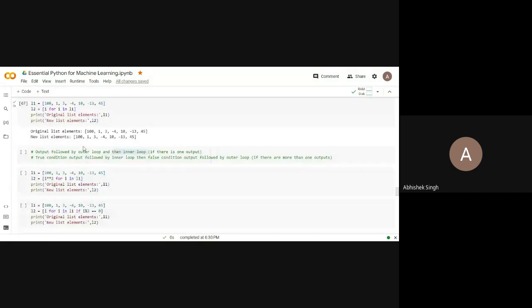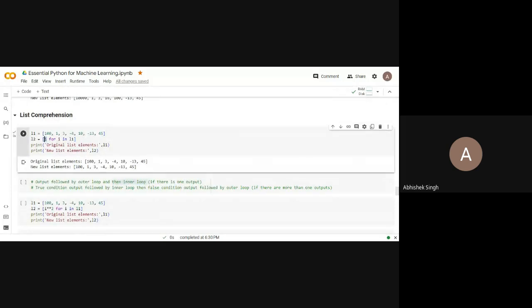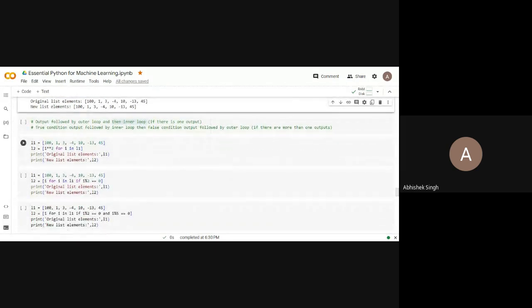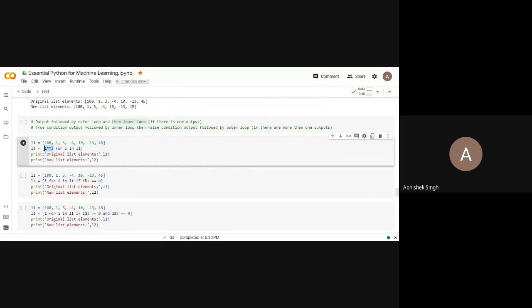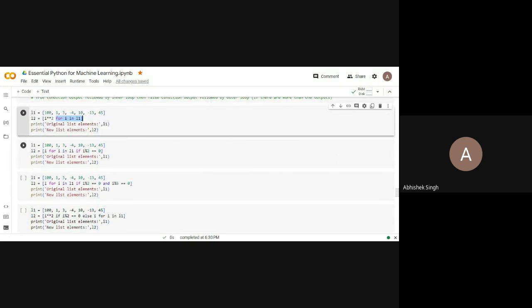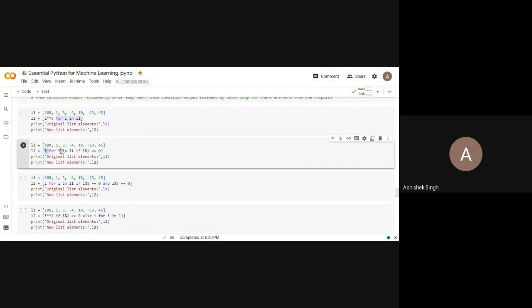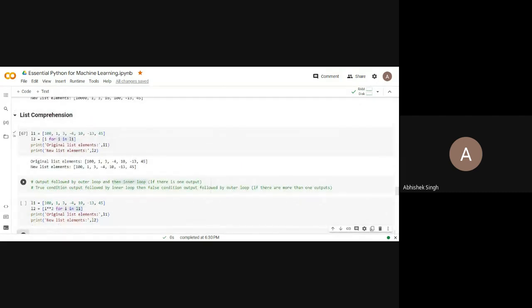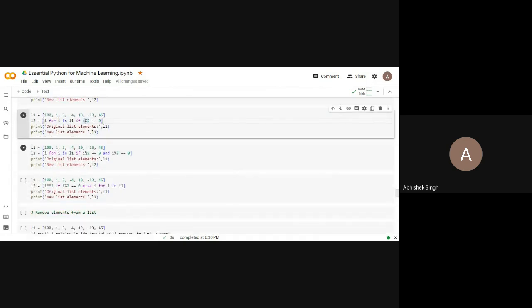Now let's see what I have written here. I followed by outer loop. Again here, one output followed by outer loop. One output followed by outer loop. And then inner loop. What I've written, output followed by outer loop and then inner loop. So again, output followed by outer loop and then inner loop.